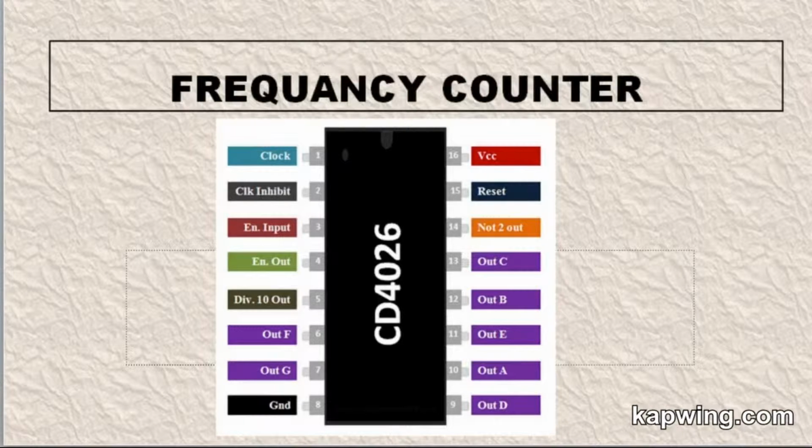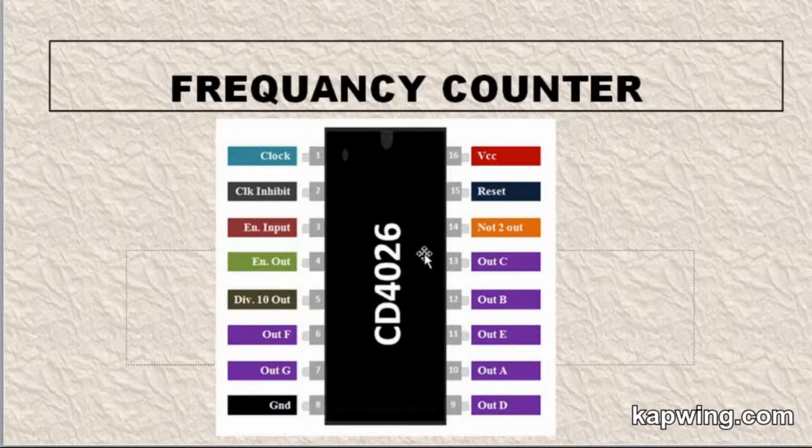As you can see from this diagram, it has 16 pins. Each pin has its own function. The first one is the clock. The counting only happens when this clock is high. The second one is always connected to ground, in order to enable the clock. And the third pin